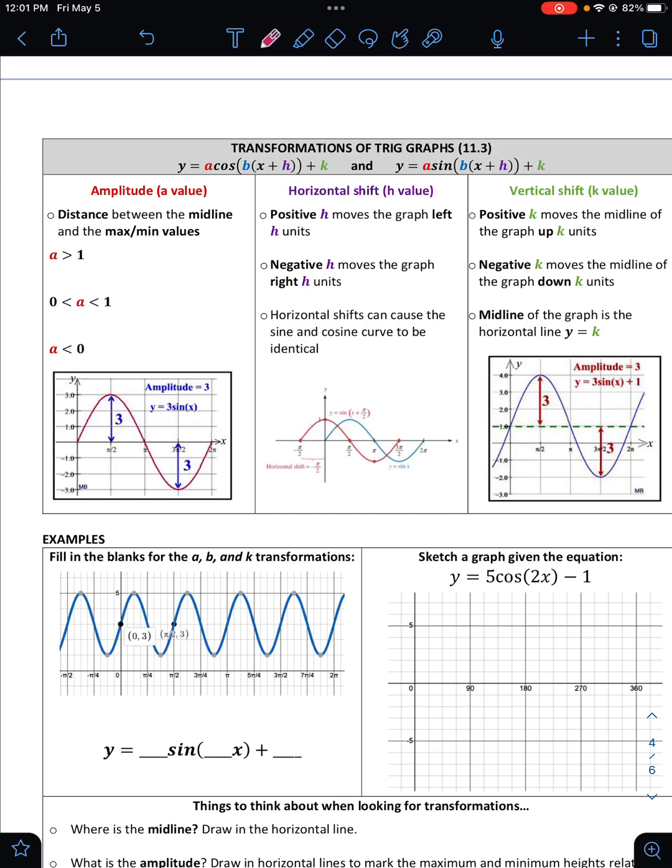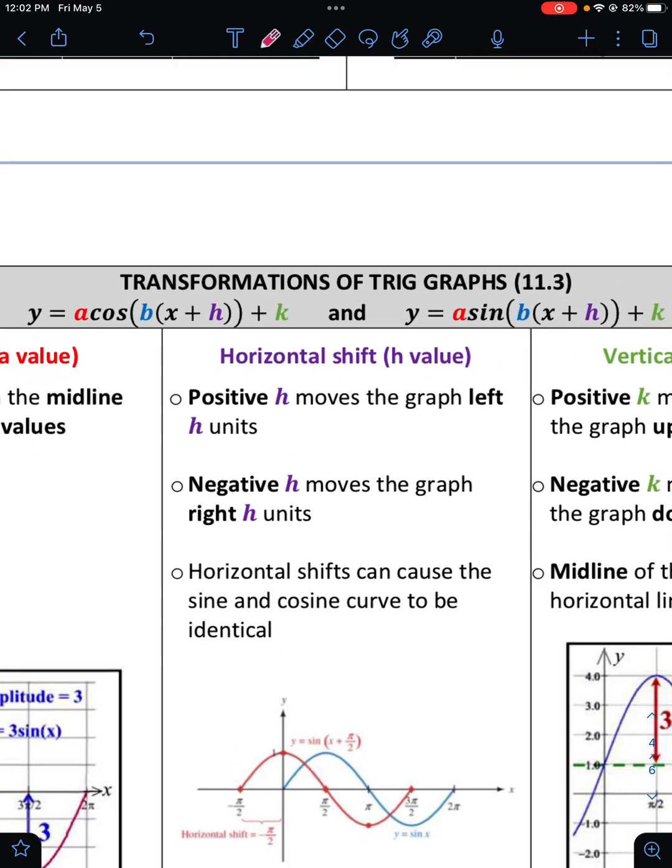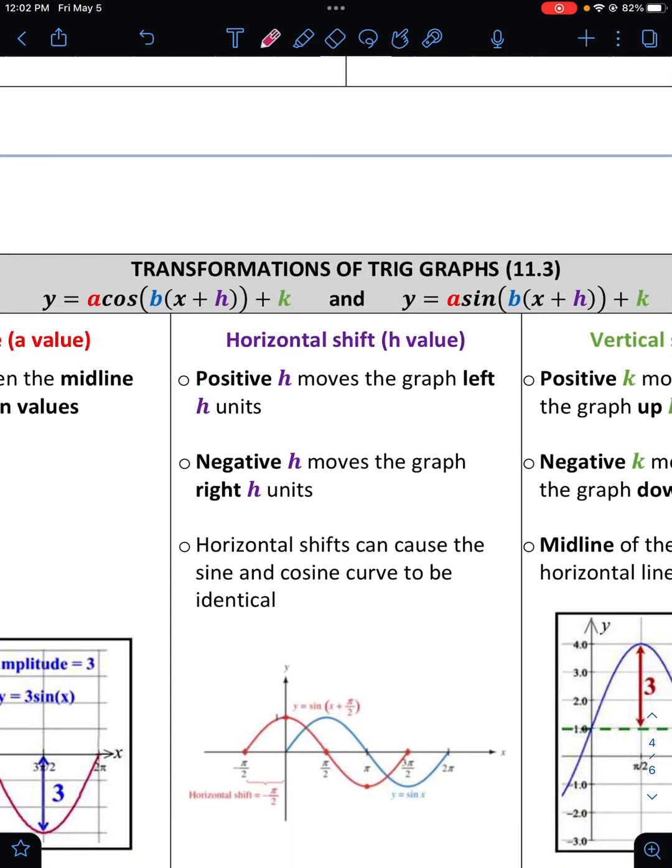Welcome back. Today we are going to be looking at transformation of trig graphs. And what's nice about this lesson is that a lot of what we're going to see today is very similar to what we've already seen with different functions and those transformations, with just a couple differences. So let's dive in and take a look at what kinds of transformations we can have with a cosine or